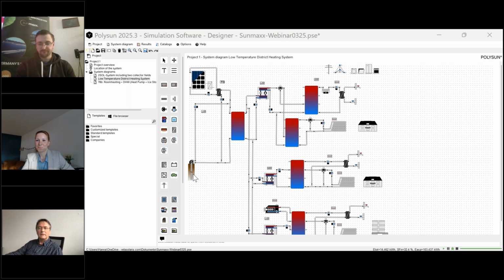Yes, and a very general question, and that could maybe also be interesting for many of our participants. So what does regeneration of ground source loops mean in general? I mean, what do you regenerate? Hannah? Yeah, okay, I'm sorry I didn't go into that detail. I really forgot to mention it.